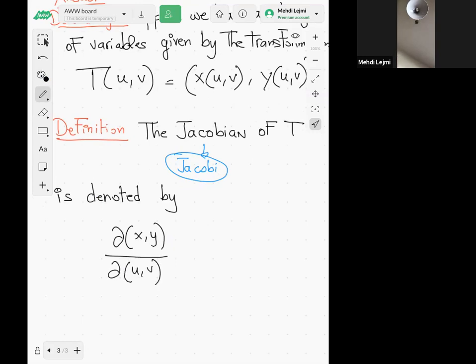This is the notation for the Jacobian, of course in dimension 2. And this Jacobian is actually the determinant of